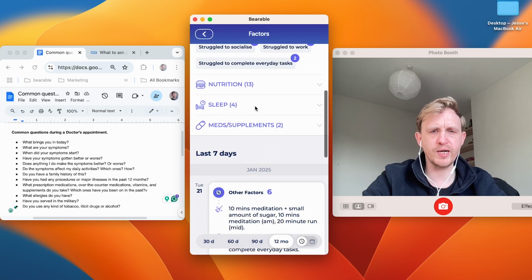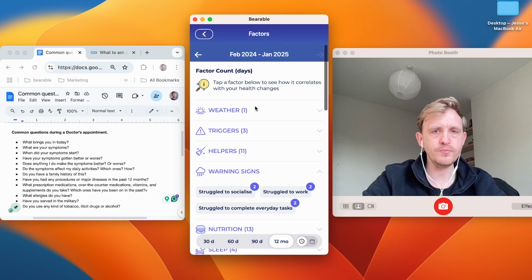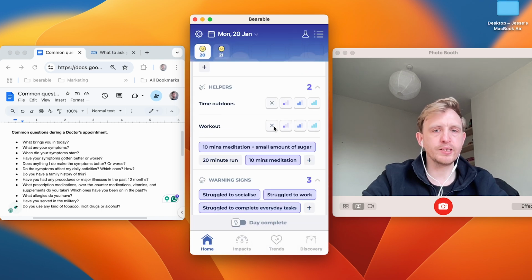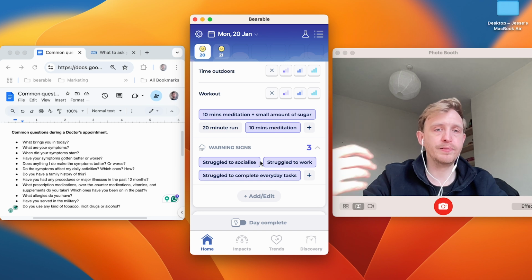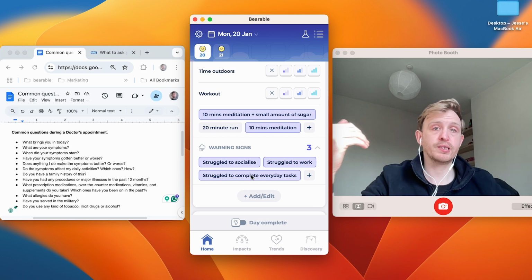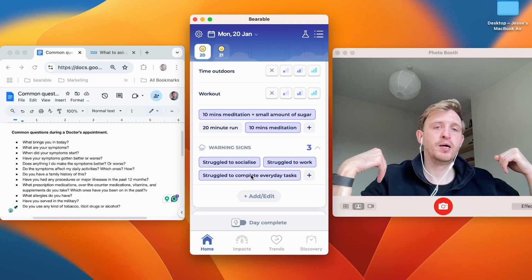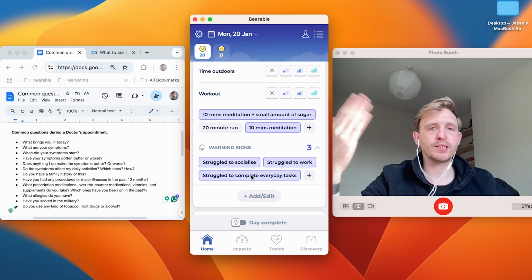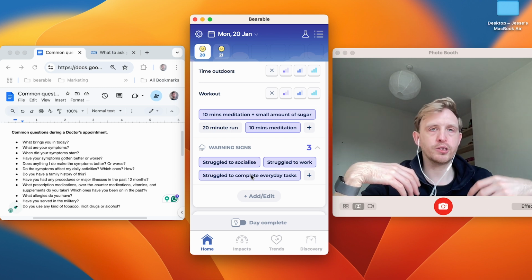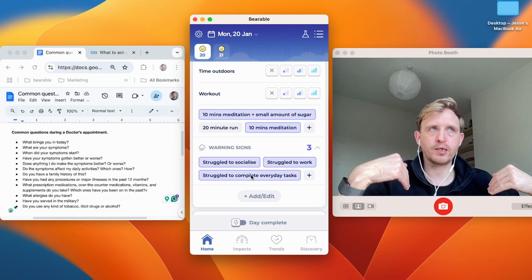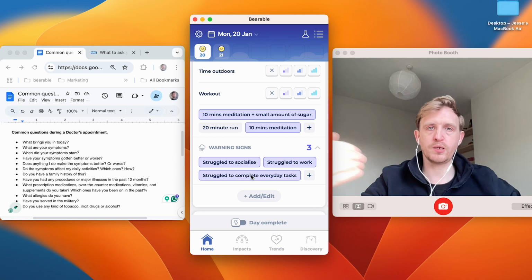There should be a graph, I thought, for these, maybe not. But essentially this is one of those things where you might not really think about it ahead of an appointment, but it's important to get these things set up when you first start using Bearable to help yourself during an appointment. You need to be tracking the correct information to share with your doctor rather than just tracking symptoms and factors that you want to track. You need to think about what your doctor wants to see so that they can help you.